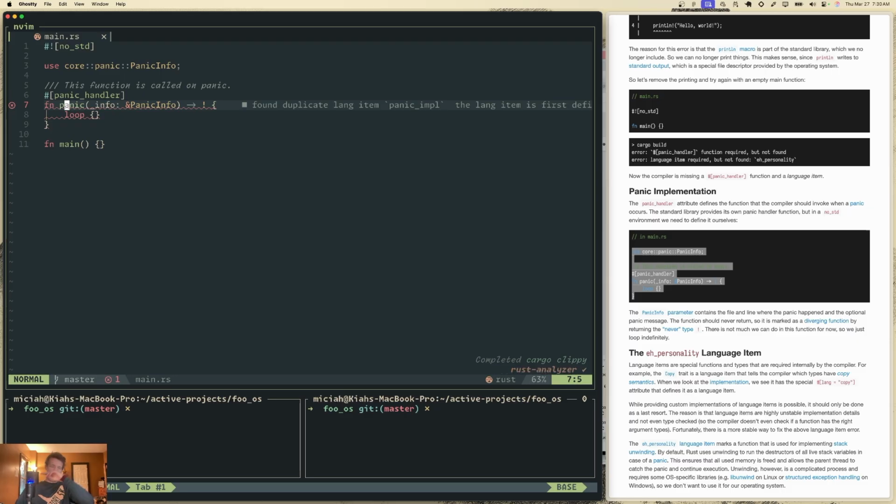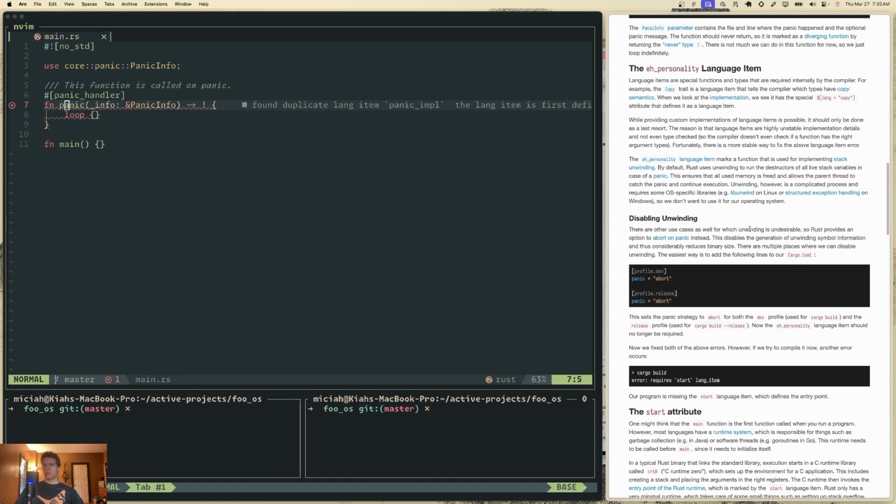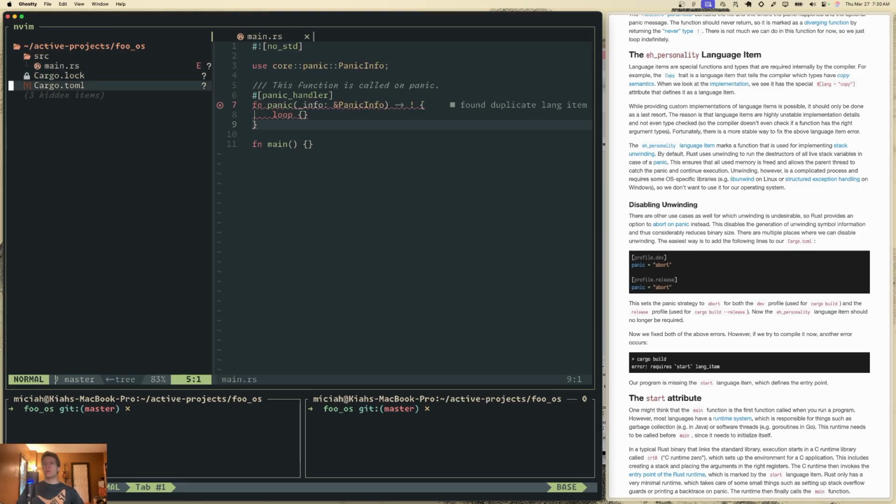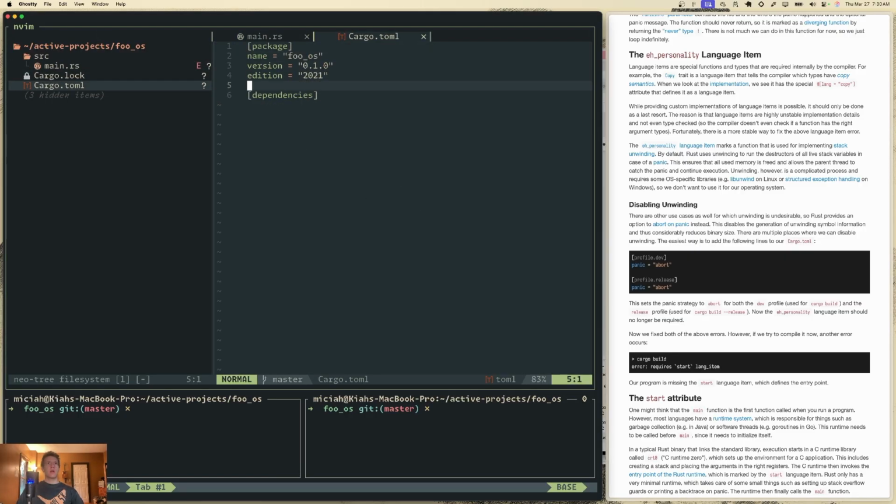That's the same error we were getting last time. I don't know how to resolve that yet. And then we disable unwinding, which you do in cargo.toml. Probably down here. Cool. And then if I cargo build,